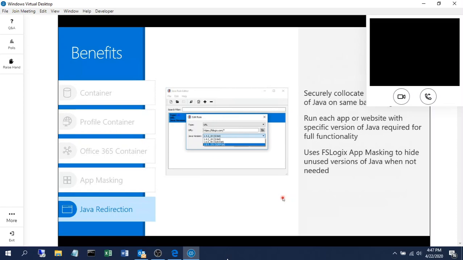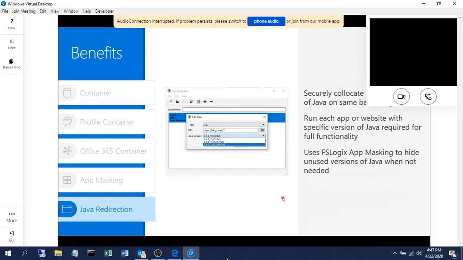So this is an overall summary for your Windows virtual